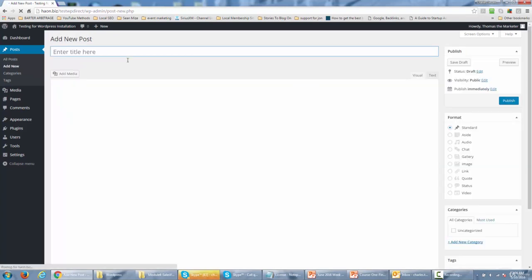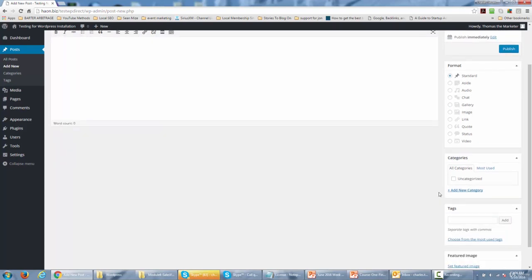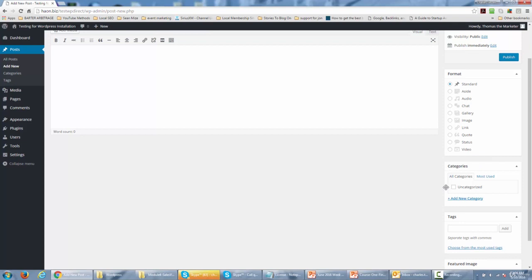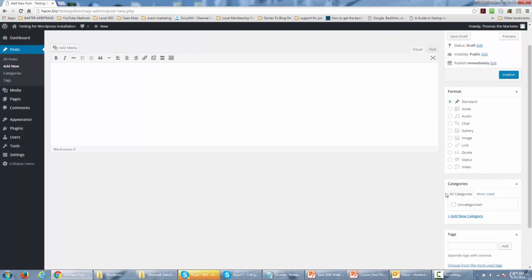And there are a couple of things that you'll want to know about creating posts. Posts are the most common way of creating content in a WordPress site. And you are going to want to have your post organized by some kind of category. Now, whenever you're in the posting area, WordPress will start out with an uncategorized area, but you can actually add a specific category to the post that you are writing. And all posts are going to be organized by category unless you decide to leave it uncategorized and to a